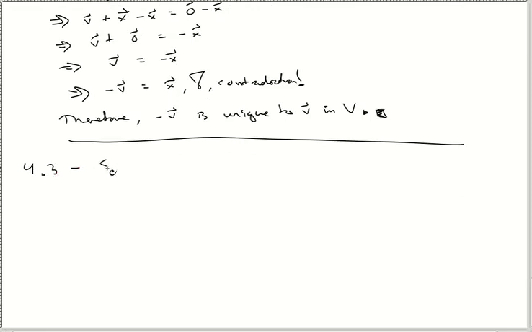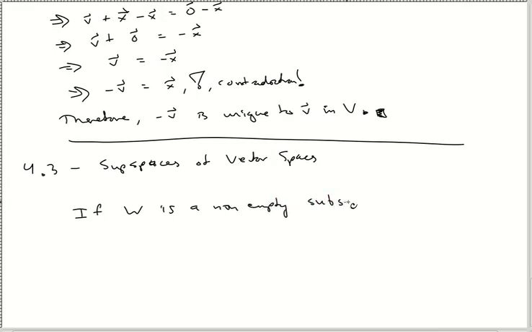4.3 is about subspaces. Subspaces of vector spaces. Now be careful with the language here. There's a whole lot I'm going to have to do here. So this is called the test for subspace. This is kind of like the definition. If W is a non-empty subset, I'm going to underline the set. Be careful, this language kind of gets weird. A non-empty subset of vector space V,